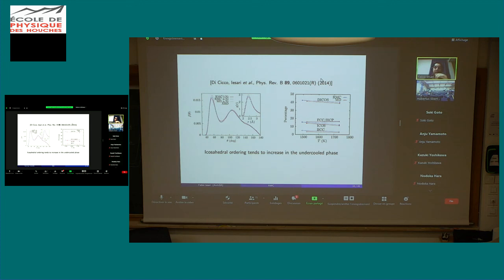And if you see the difference between the liquid phase and the undercooled phase, the liquid phase is the red one and the blue one is undercooled. This 60 degrees peak is increased in the undercooled phase. So this is already an indication that icosahedral configuration is more present in the undercooled phase. So this could be the reason for the